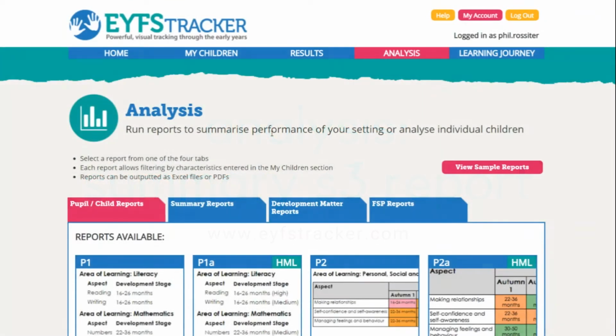We're now going to look at one of the summary reports for the EYFS tracker that aggregates data across your children and produces an analysis at a setting level or a school level or for a particular group, for example, boys or girls or summer born. So we click on the Summary Reports tab